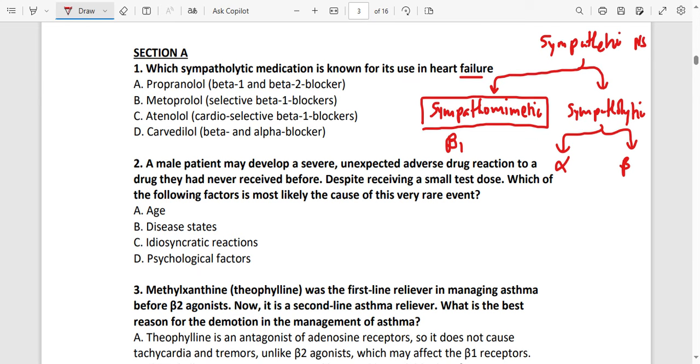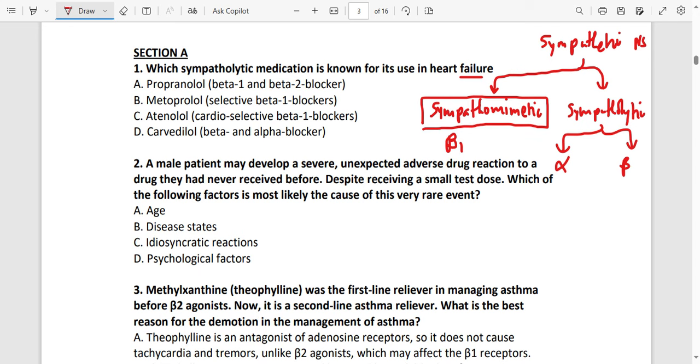Okay. So as we are saying, since we have got one heart, we have got beta 1 receptors there. Now, beta 1 receptor stimulates the heart because remember this is sympathetic. The heart will be beating so fast and it will be contracting very fast. So in heart failure, you don't want that. The heart is failing. The heart is not able to do those things, and then you are forcing it to do it even all the more. So drugs that you use on the heart are the beta blockers, especially the beta blockers,